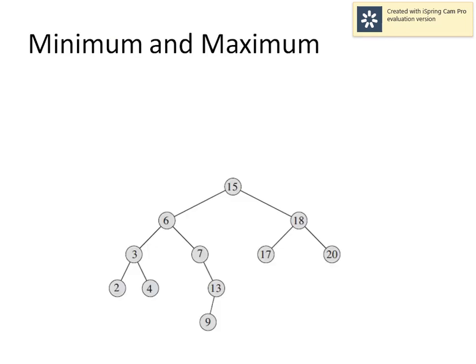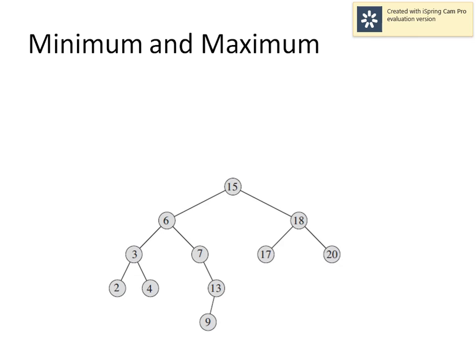Now the last two operations which we are going to discuss today are the minimum operation and the maximum operation, that means finding the minimum value or the maximum value in a binary search tree. If we look at any binary search tree, based on the property that if a value is less, it will go to the left subtree, and if a value is greater, it will go to the right subtree, we can easily say the minimum will be at the left hand side and the maximum will be at the right hand side only.